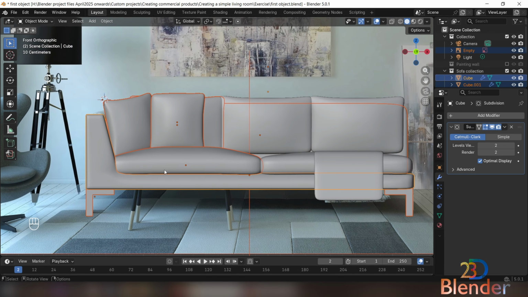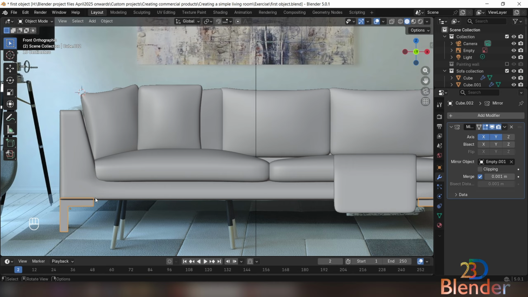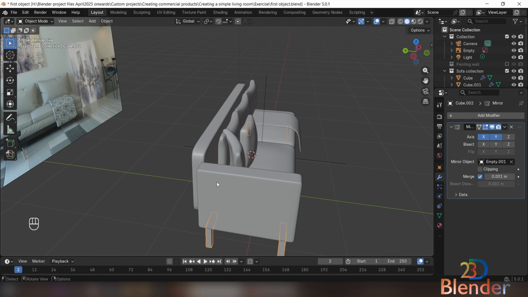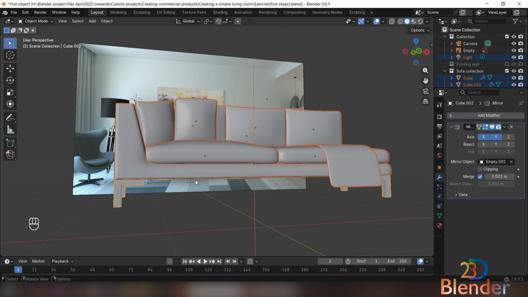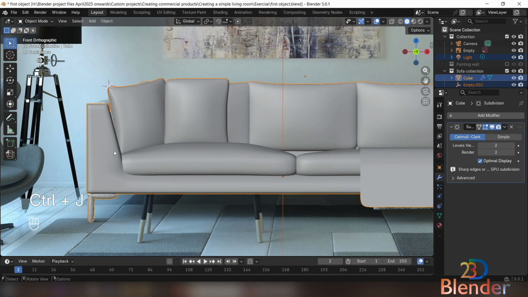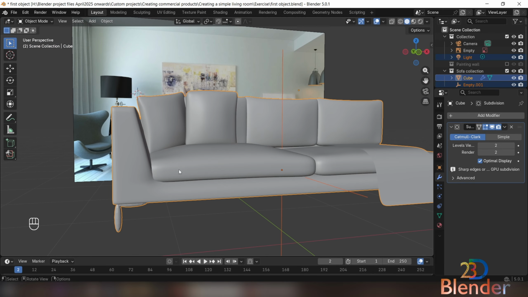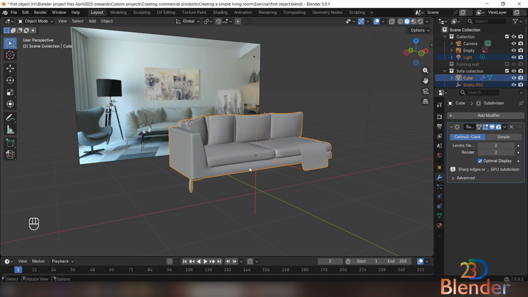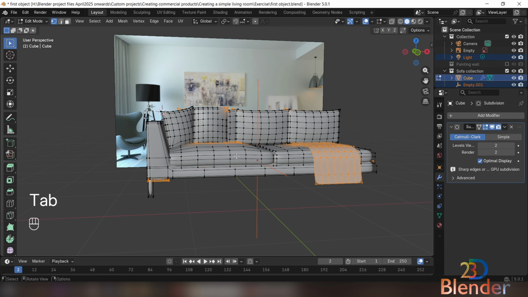In Blender, there are two ways we can join things. The first would be very obvious. We can use the command Control J. Let's say I select everything, select this sofa last, and press Control and J. This will join everything together and make it a single mesh,